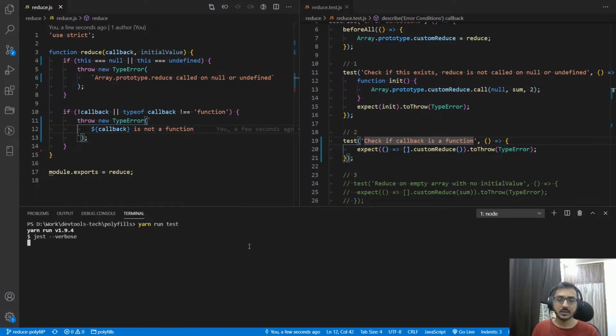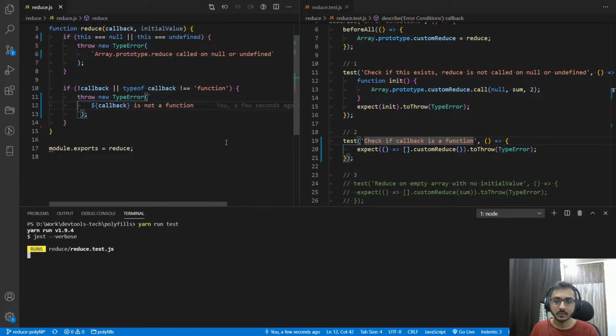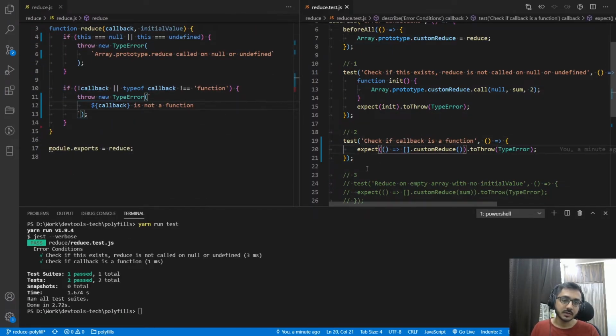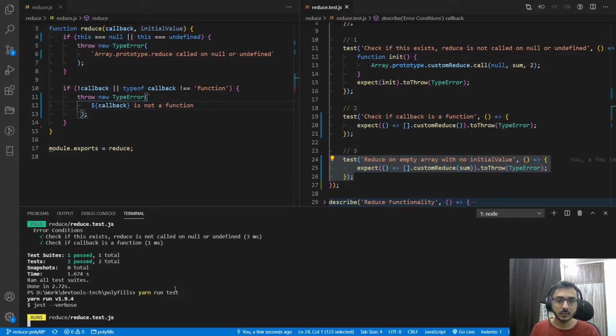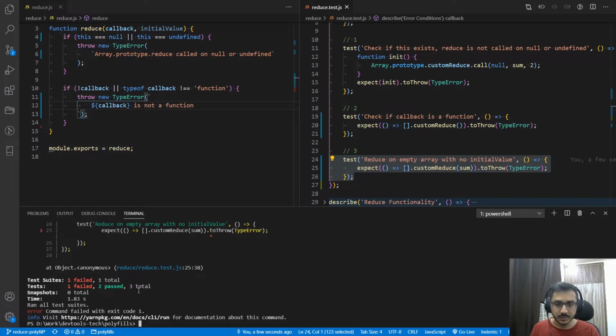Let's run this test case and our second test case passes. Now let's move on to the third and final error condition test case. If I run it as of now, this is going to fail, and it does.